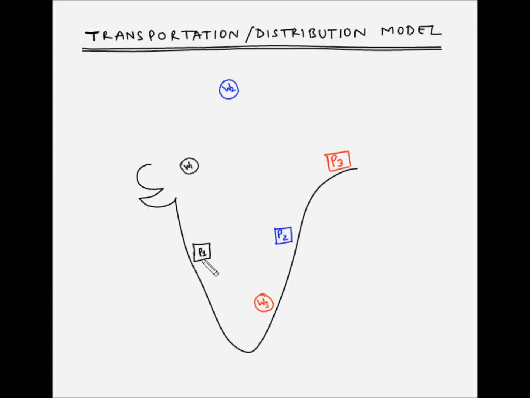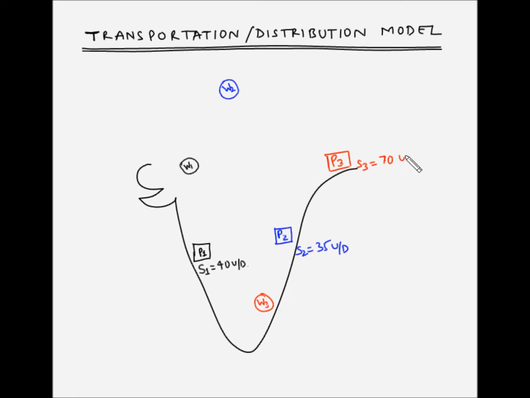So let's say plant P1 has a supply capability of 40 units per day. Plant P2 can supply 35 units per day, and plant P3 can supply